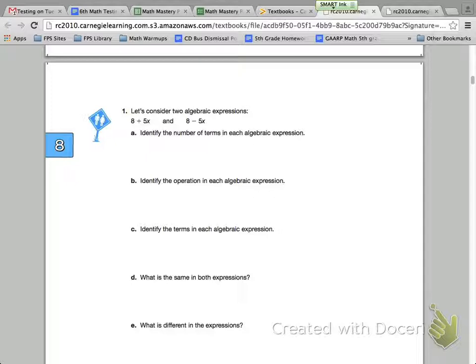So in the first expression, the first term is 8, and the second term is 5x. So in the first expression there's 2, and then in the second expression, the first term again is 8, and the second term is 5x. So in both there would be two